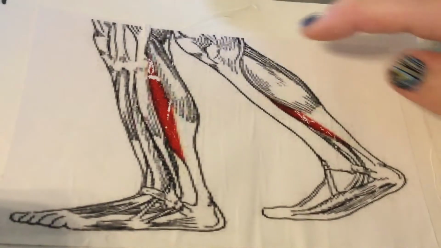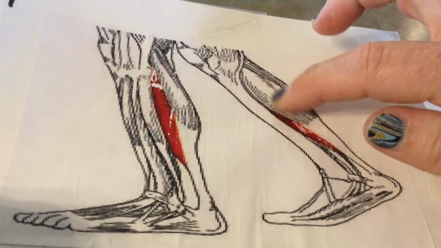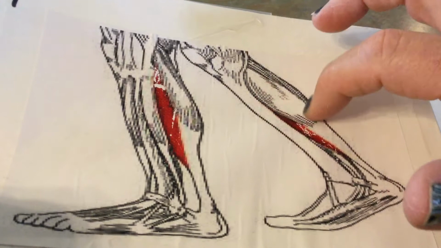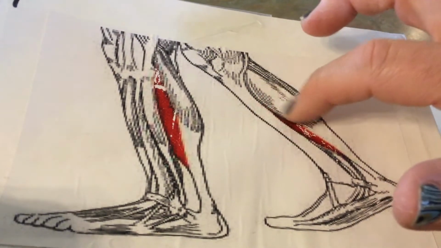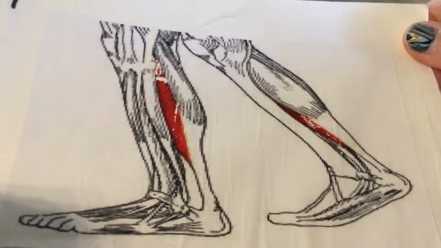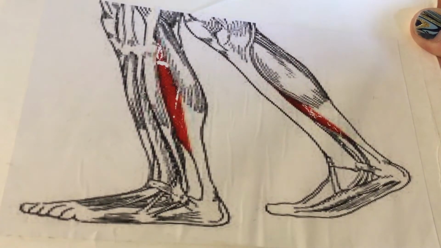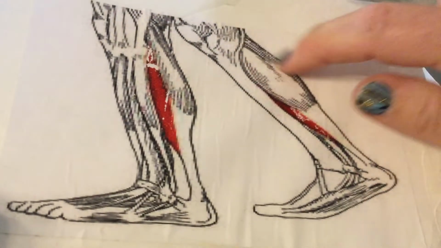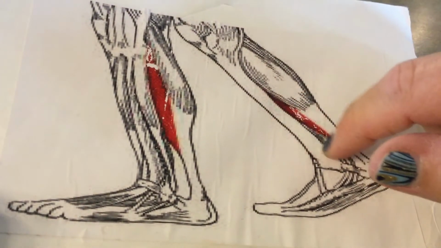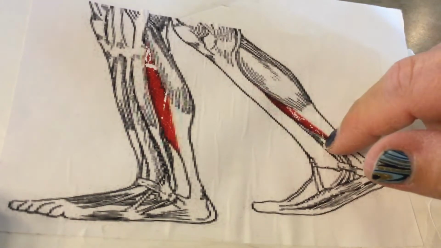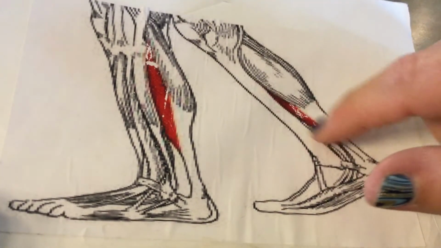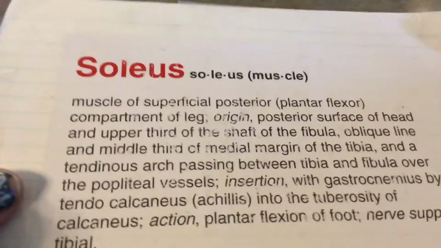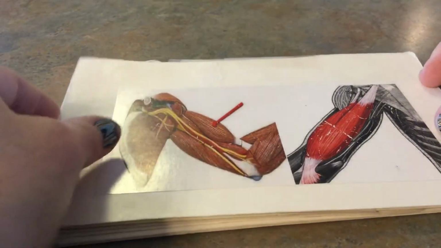This picture shows your gastrocnemius. This is going to be a crazy way to remember this, but in high school there used to be a guy that would have gas, and he would kind of cock his leg sideways, and so I tell my students, just picture that guy doing that, and he's grabbing his calf, and he's got gas. So gastrocnemius. And then on the side here, what you're shown is a piece of a muscle called the soleus, and the soleus is going to look different in pictures, just depends on how the muscle's cut